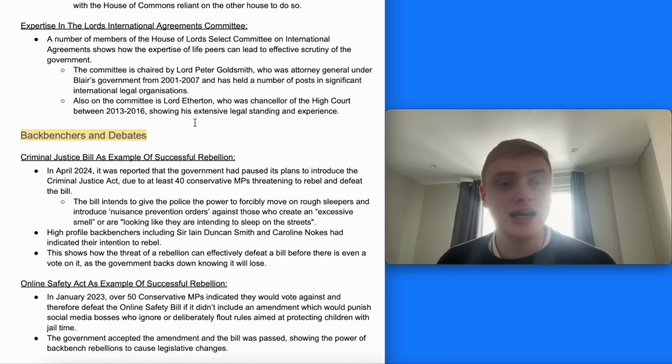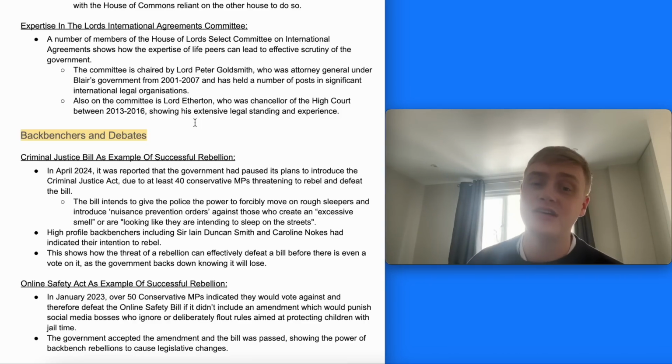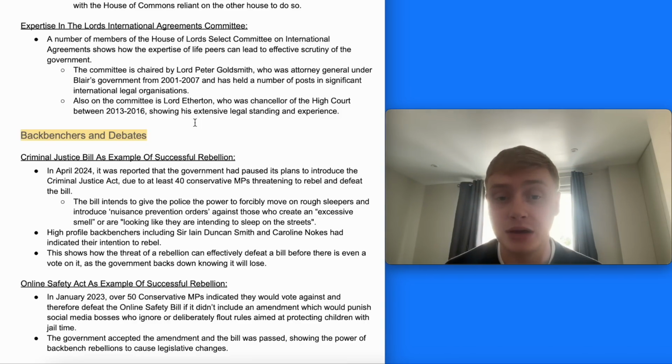The next example we're going to have a look at is the Criminal Justice Bill as an example of a successful rebellion. So in April 2024 and in May as well, it was reported that the government paused its plans to introduce the Criminal Justice Act due to at least 40 Conservative MPs threatening to rebel and defeat the bill. And this was because the bill included giving the police the power to forcibly remove rough sleepers